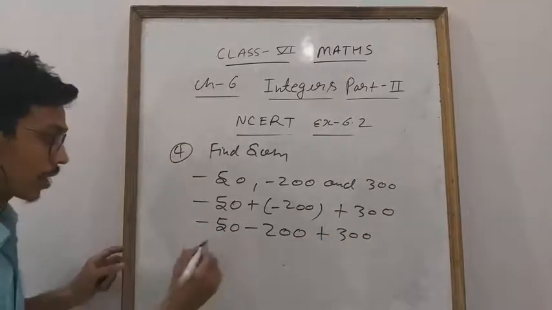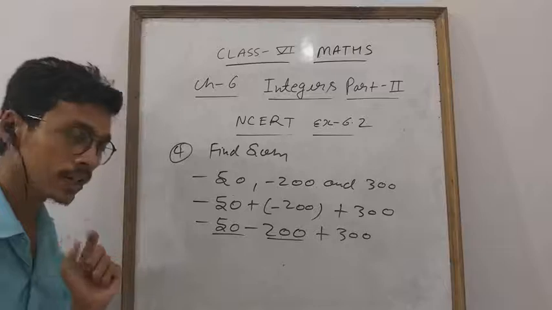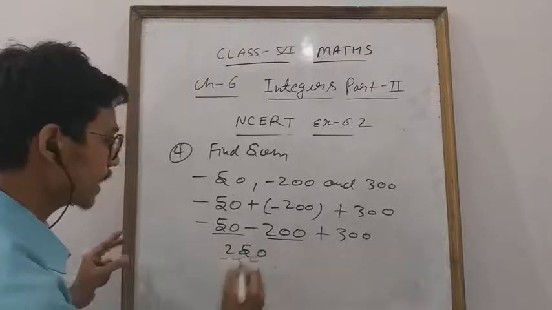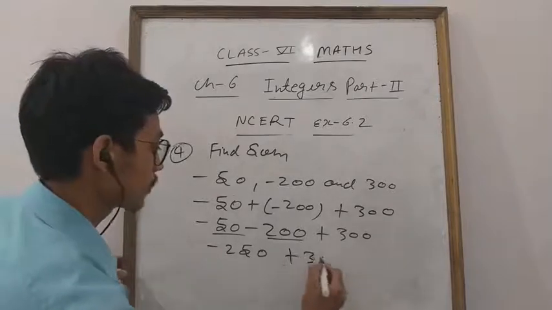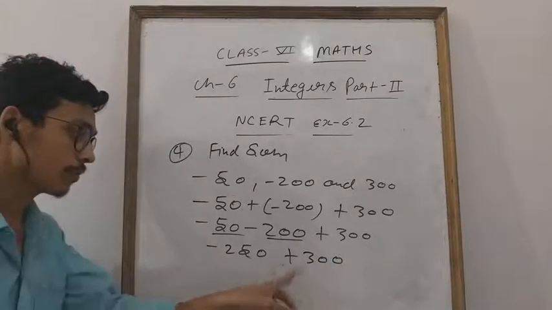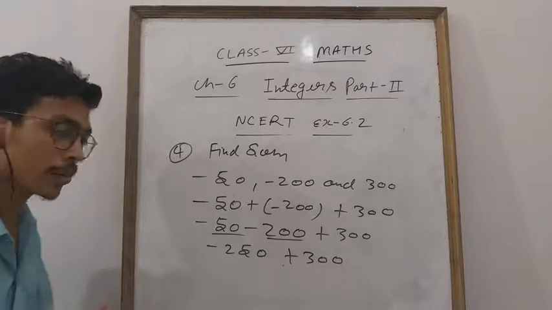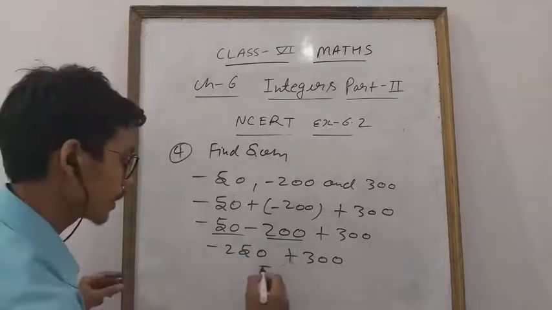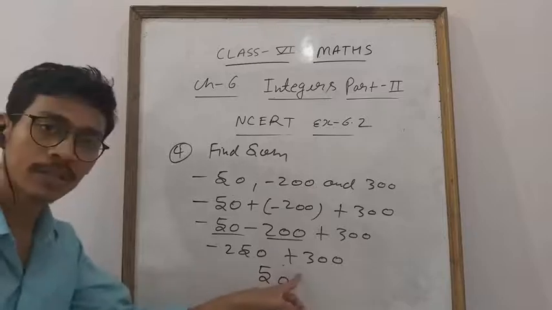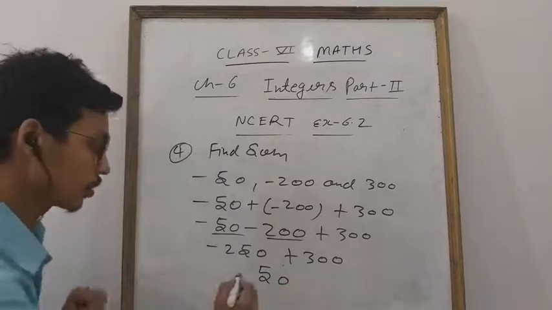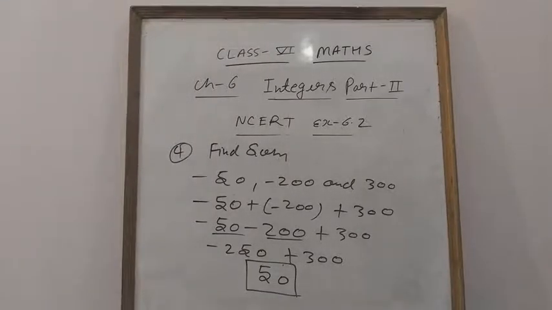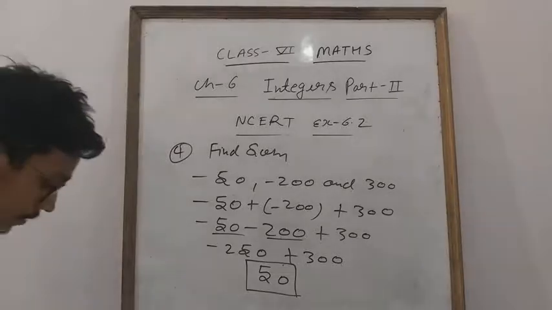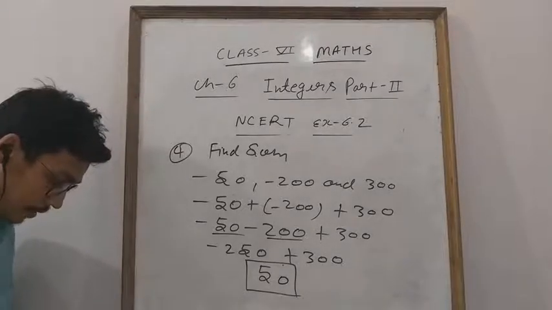Now you know that minus plus, that is, you will add first, it will come 215. Sign of greater, which one is greater, student? 200 is greater, so minus. Plus 300. Now 215, minus plus, so you will do 300 minus 215, 85. And the sign of greater number, which one is greater? 300. So plus sign, if you write it down it is okay, if you are not writing, it is also okay, there is no problem. Okay everyone, so this is based on sum. All the questions you will do like that. Also find the sum is given, question 5 you will do yourself.